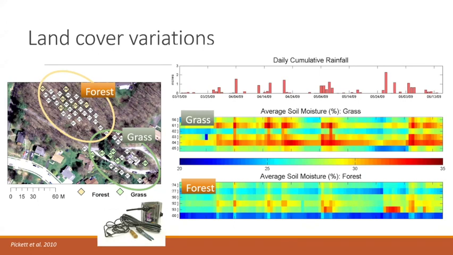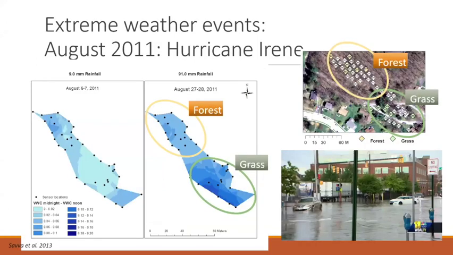And then these are the individual sensors, which are highlighted here, just a subset of them, how they react to rain events. And then just to show the colors, the differences between the grass cover and the forest cover, but also within land use type variation, how these different locations can also be different. Okay. And so that becomes important, of course, even more important in extreme events such as Hurricane Irene, where the grass reacted much more strongly, this large amount of rainfall that received in a 24-hour period.